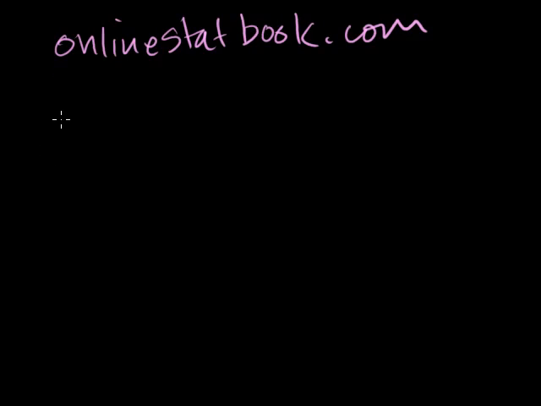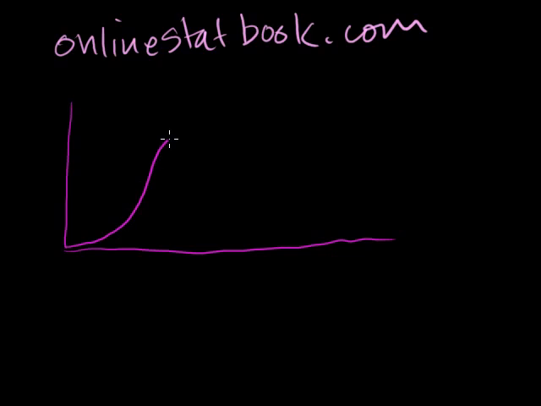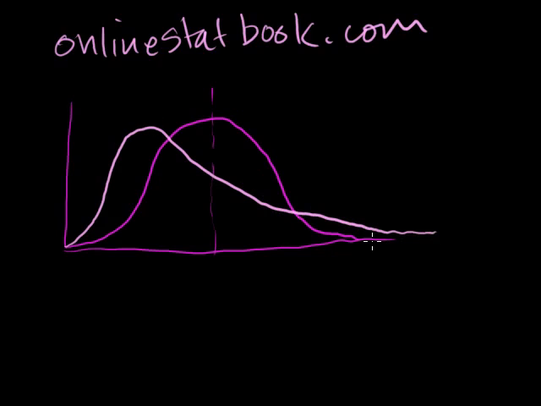Skew literally tells, so if this is, let me do it in a different color, a perfect normal distribution, and clearly my drawing is very far from perfect, then it would have a skew of 0. If you have a positive skew, that means you have a larger right tail than you would otherwise expect. So something with a positive skew might look like this. It would have a large tail to the right.